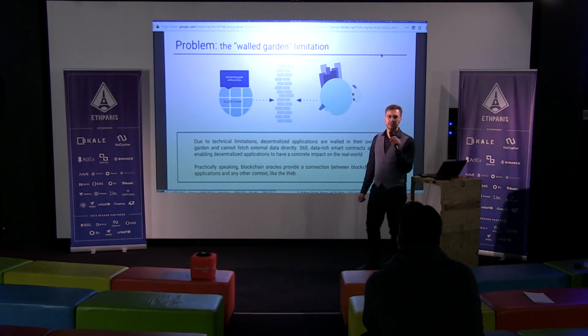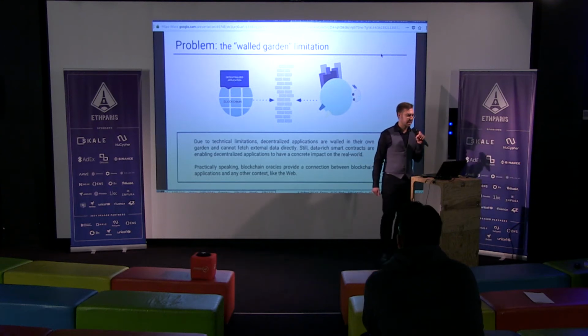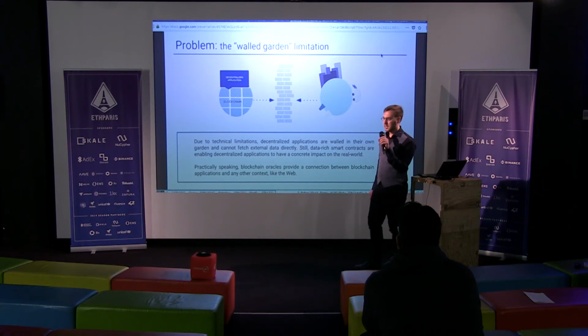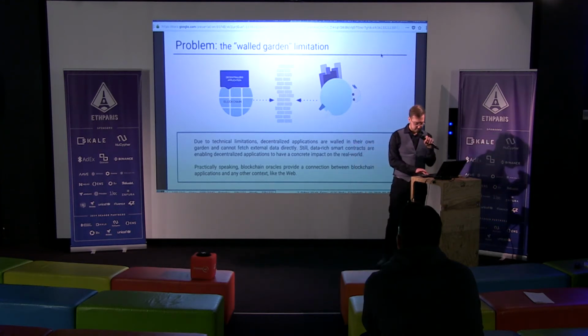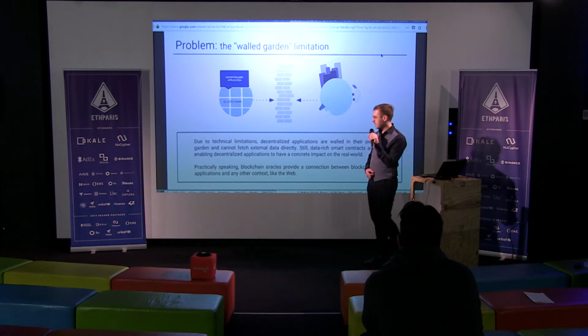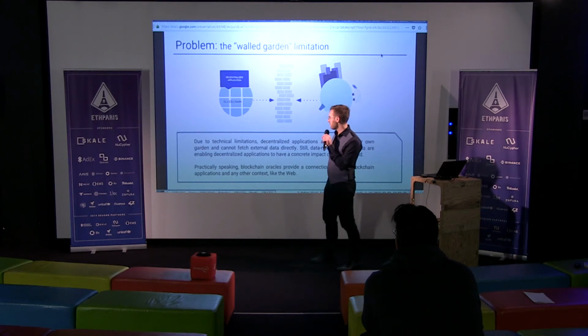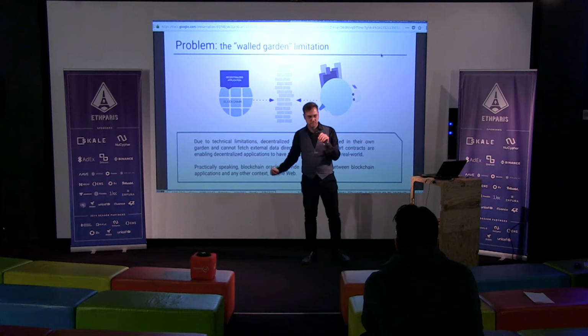On paper, the solution has been called the blockchain oracle. This is something that in theory has existed for a while, even before Ethereum came to life. But in practice, the need for oracles is very recent because of the complex smart contracts and dApps being built today. So the oracle is basically an entity that somehow, and it's not important how right at the moment, connects the external world with the blockchain. The blockchain is isolated.